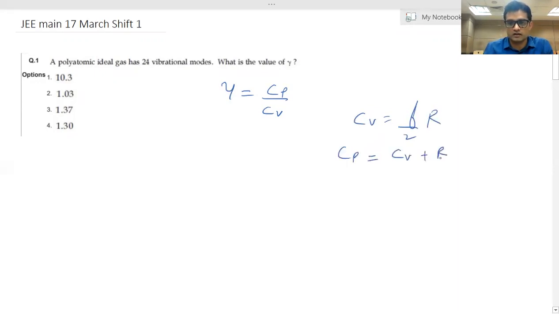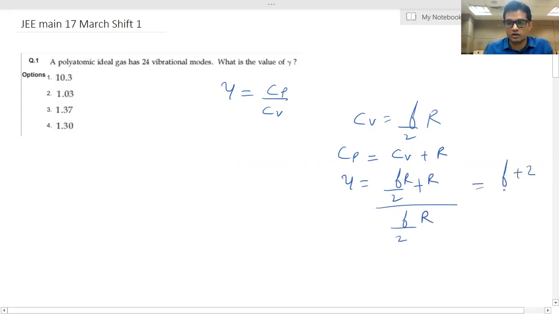We know that Cv is equal to F by 2 R and Cp is Cv plus R. So gamma will come out to be (F by 2 R plus R) upon F by 2 R. So here it will be (F plus 2) upon F. This will be the value of gamma. Now F is degree of freedom, so total number of degrees of freedom will be 3 for translational degree of freedom